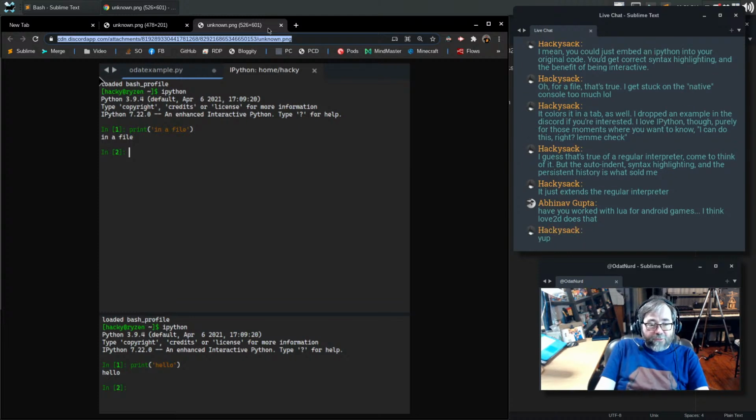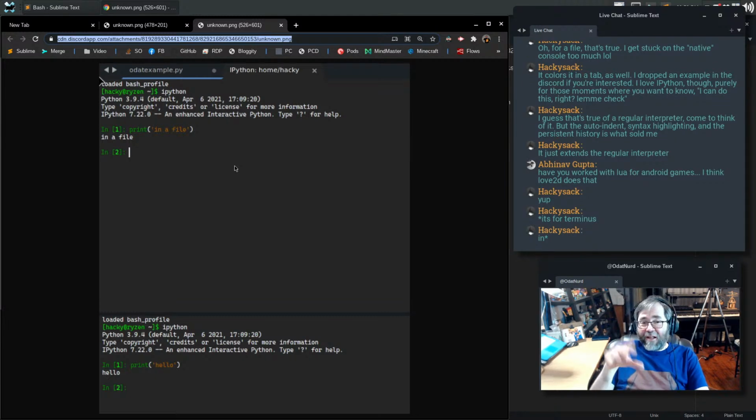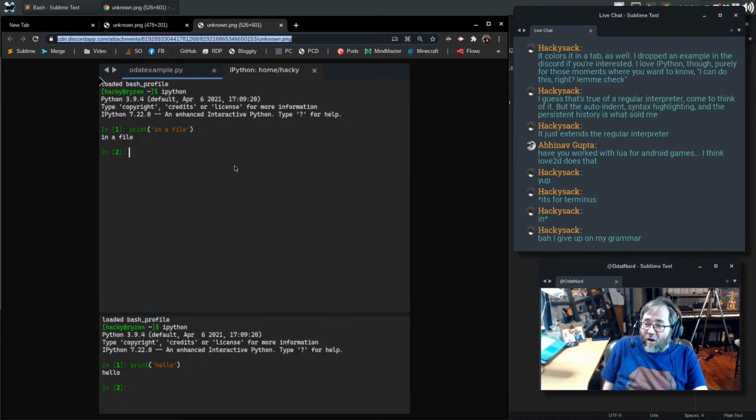Cool. So there you go. If this is the sort of thing that you'd like to see, this is definitely possible with Terminus. And because Terminus is basically just a plugin that's manipulating a tab in a file as if it was a terminal, but really it's still a file, you still get that ability to keep the content of this around. You could save it to disk and reload it later, get all of those logs and stuff.